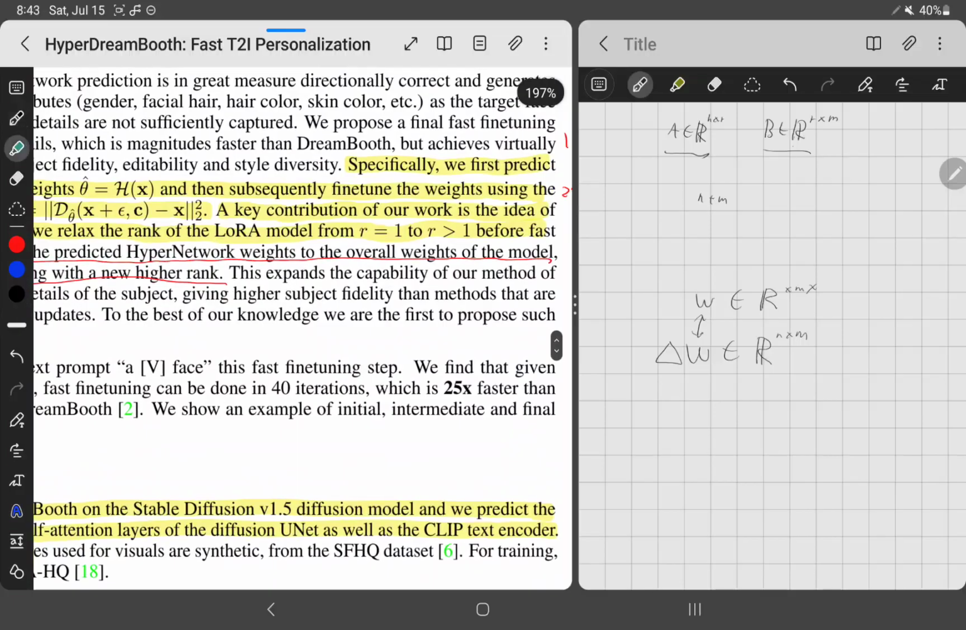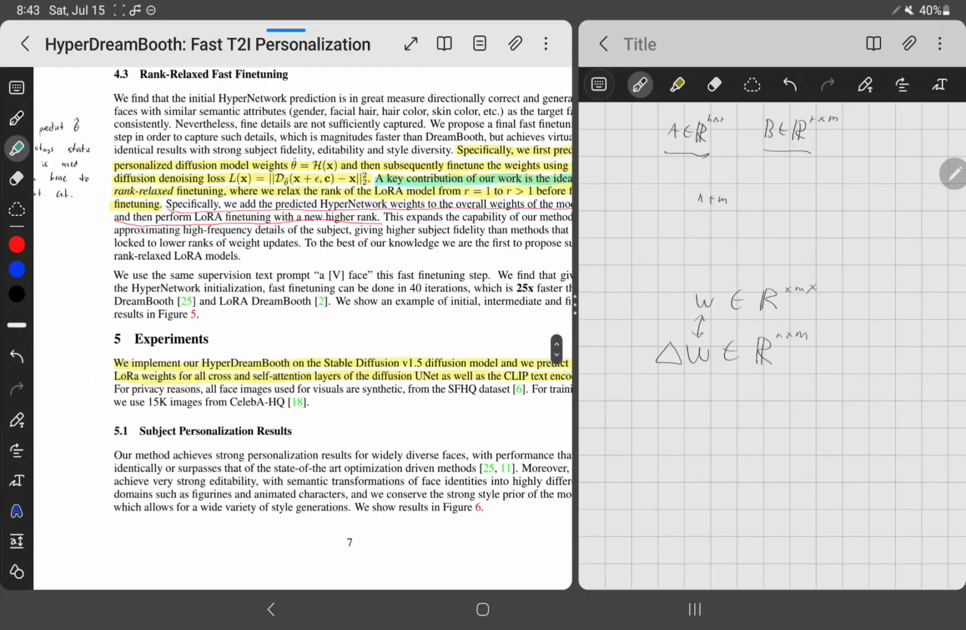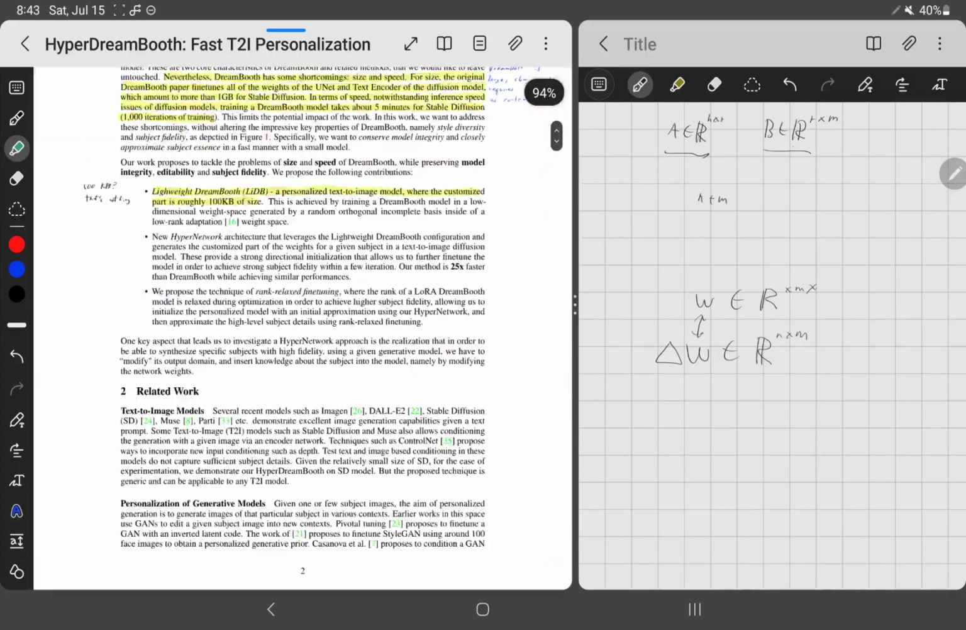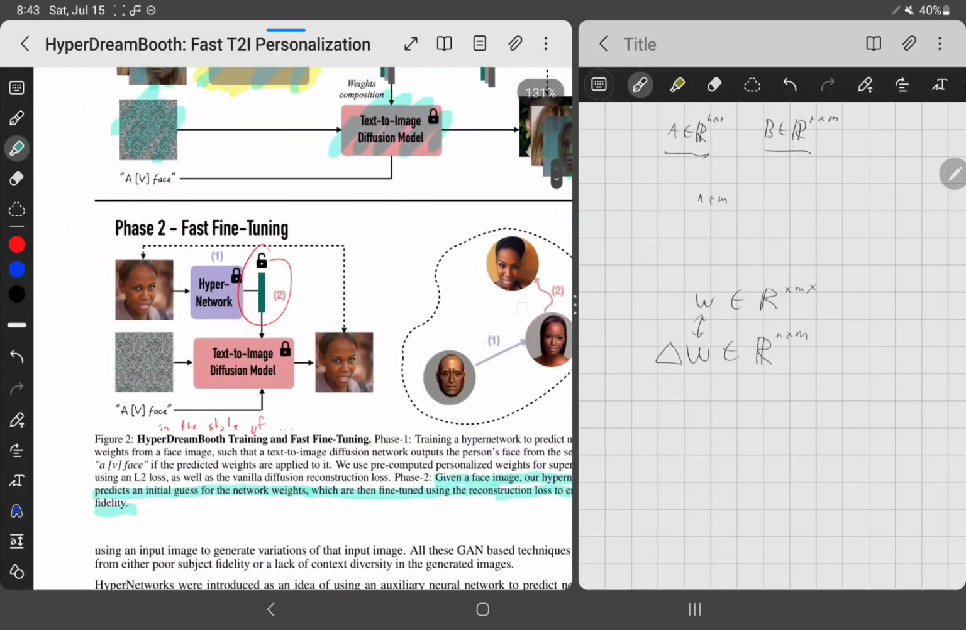So they say here, a key contribution of our work is the idea of relaxed rank fine-tuning, where we relax the rank of the LoRA model from R equals 1 to R greater than 1 before fast fine-tuning. So if we go back up here,